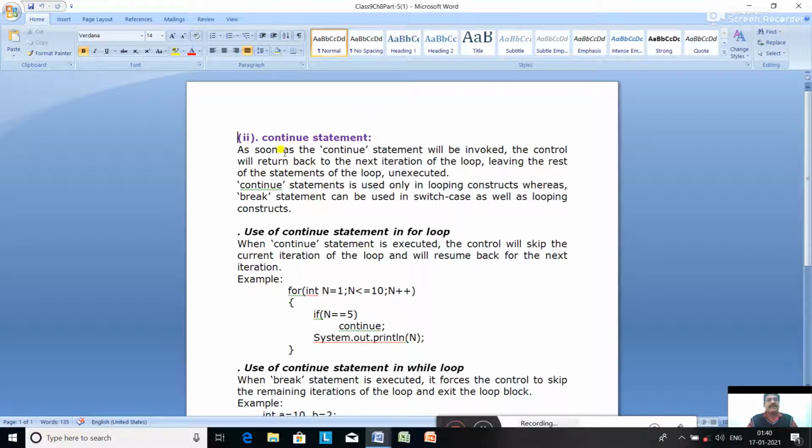The second jump statement is continue statement. It is opposite of break statement. It sends the control for the next iteration, skipping some lines.